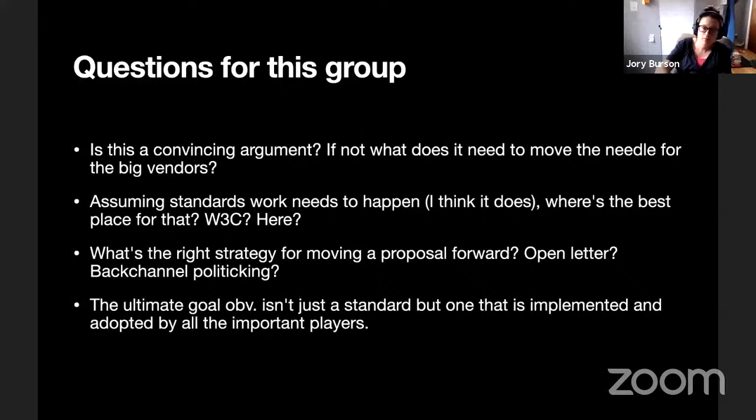Mike Samuel. This is not my space, so apologies if this is a silly question, but how much overlap is there between the groups that are interested in this and the groups that are interested in standards work around CI/CD?